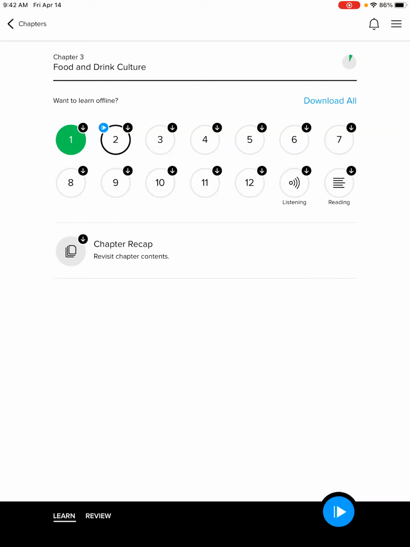So one of the advantages of the app is that it will transfer over and sync any progress from the desktop, and likewise any progress in the app will also be synced with the desktop site. So you don't have to worry about keeping track of your progress on one and then on the other being somewhere else. It will always keep track of this for you. So if you're on the go or need to use your smartphone or tablet for anything, you can always use this as a second option to the